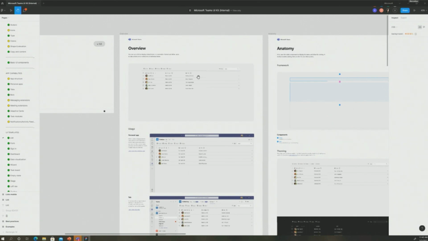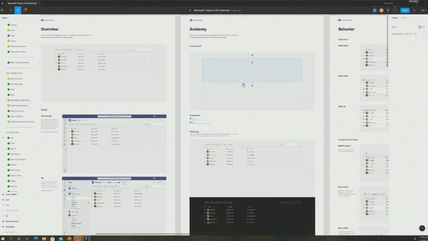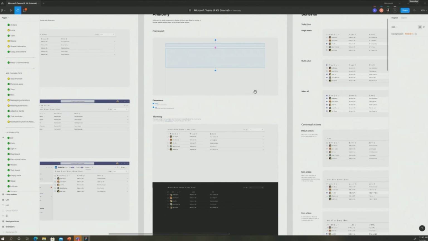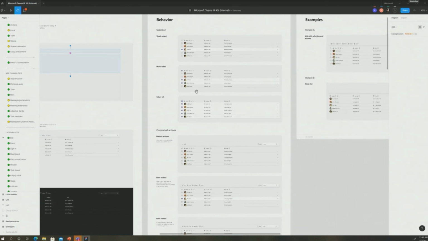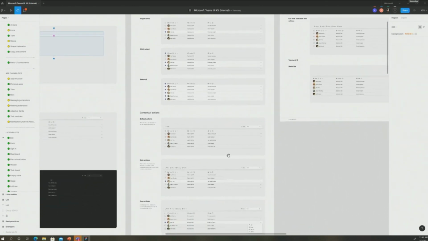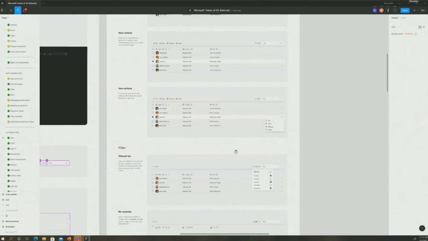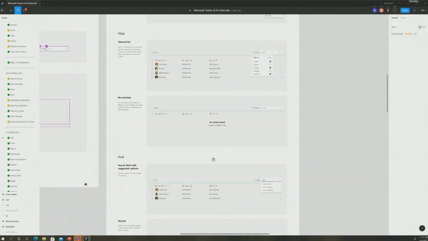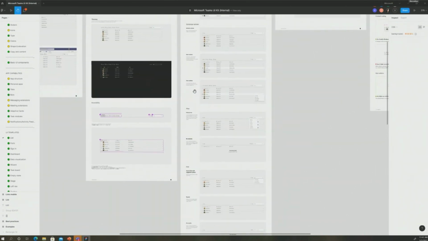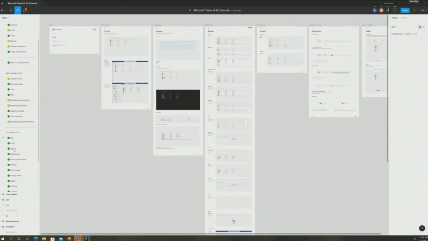So list is one of our most commonly used controls. We have information here on the responsive behaviors, on the anatomy of the list item, on the theming, so how to apply light and dark themes, and on the individual behaviors, so things like multi-select states, default actions, overflow menus, filtering with multi-select, zero states, find behaviors, etc. So it's a really detailed, comprehensive guide, best practices, responsive behaviors, and we've done this for all of the different